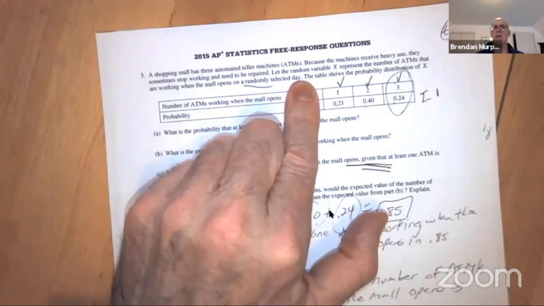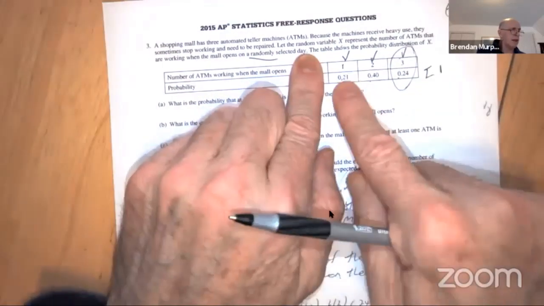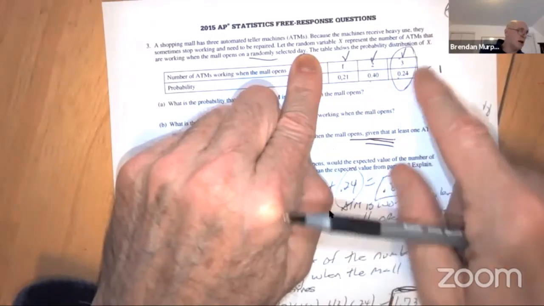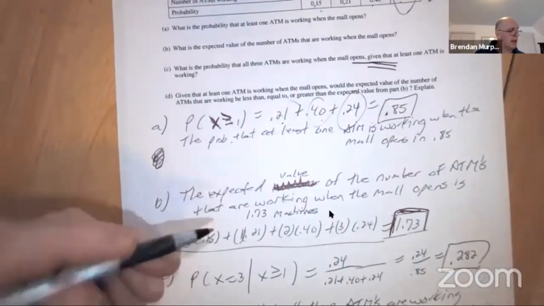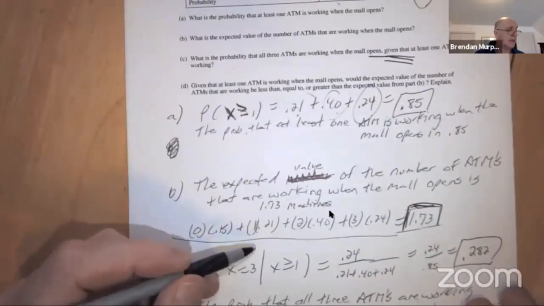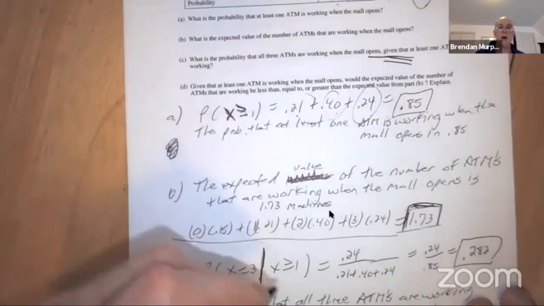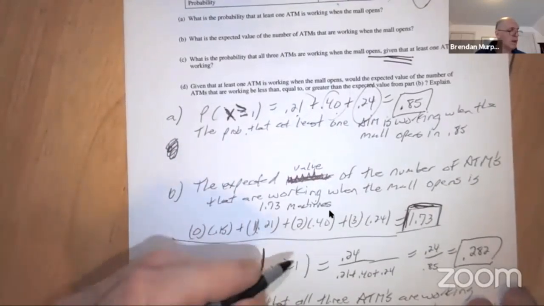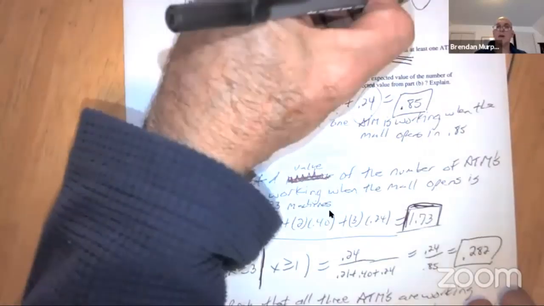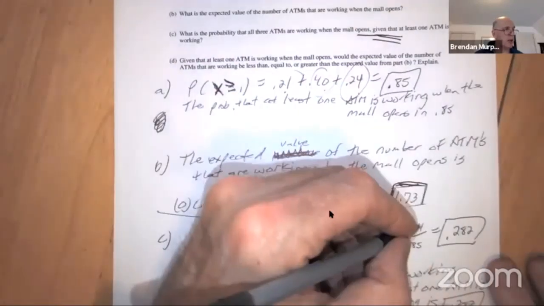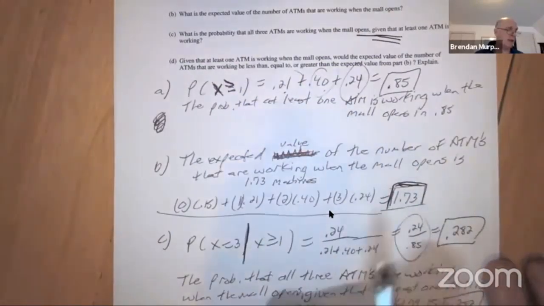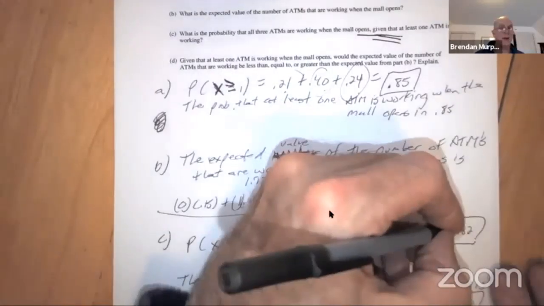I sort of just cover up the 0 and say, well, at least one, and I want to know all 3. So the probability that X is equal to 3, i.e. 3 machines are working, given that at least one is working, X greater than or equal to 1. I had my 0.24 as my numerator, that's 3 working. My denominator was adding up those 3 probabilities. I got 0.24 over 0.85, and I just went to my calculator and said, that's equal to